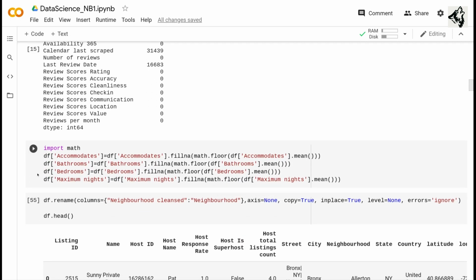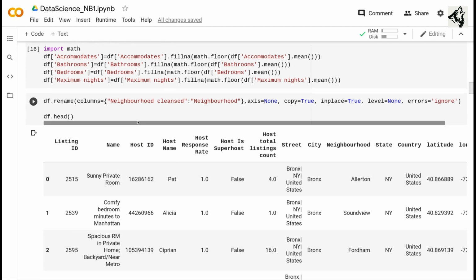So in order to perform better computations on the data, we can fill the null values with something that can be useful. Ideally, you can fill the null values with 0, or you can fill it with the mean of the column. So we have filled some of the values in these particular columns with their means.